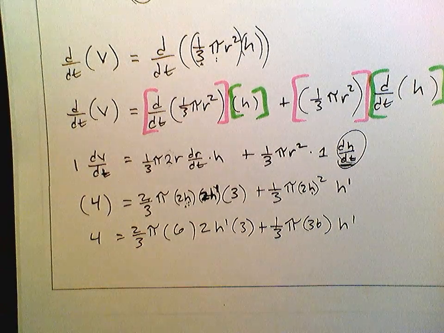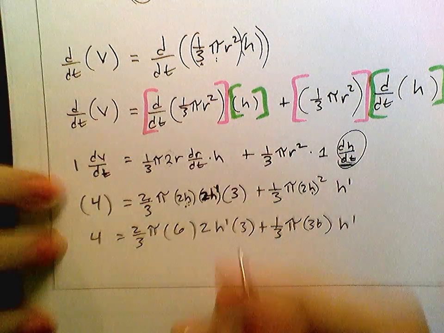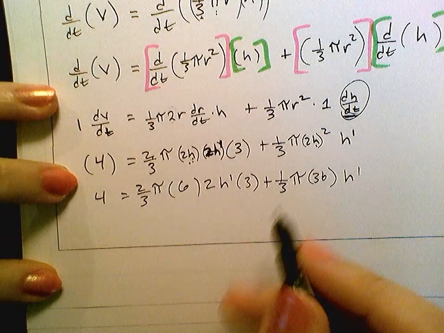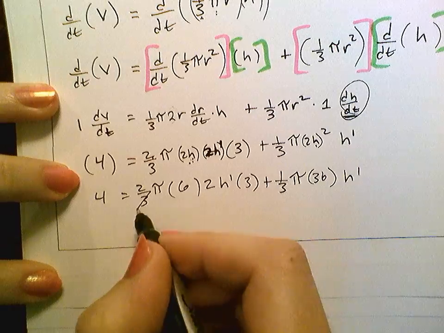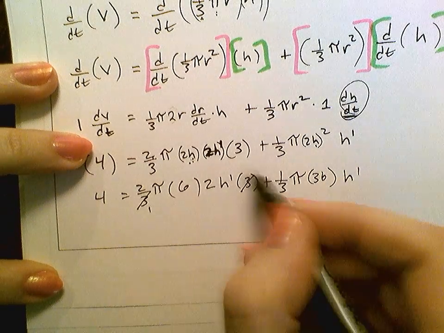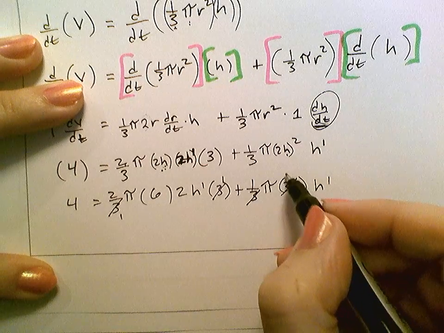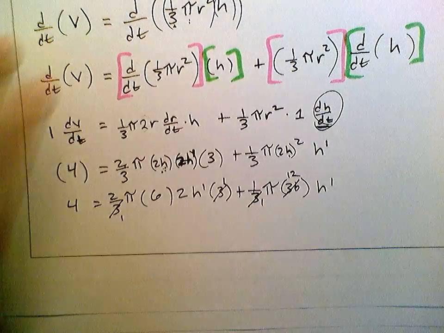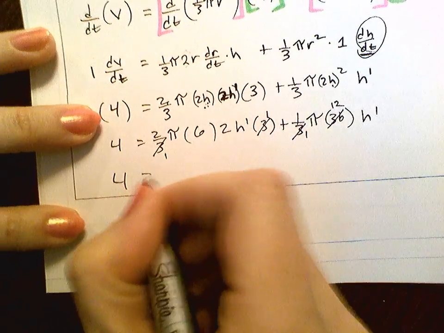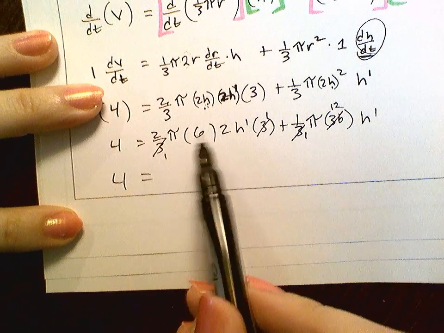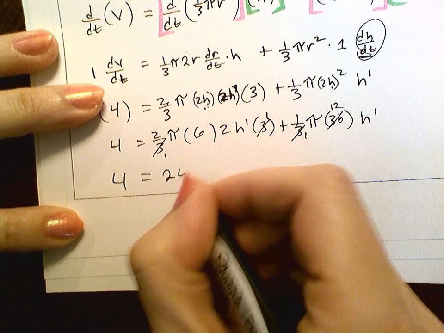Let me clean this up a little bit. This is canceling with that, so those are becoming 1s. And then over here, that is canceling. That's going to be a 12 now, and that's a 1. So I get that 4 equals 2 times 6 times 2, that's 24 pi h prime,